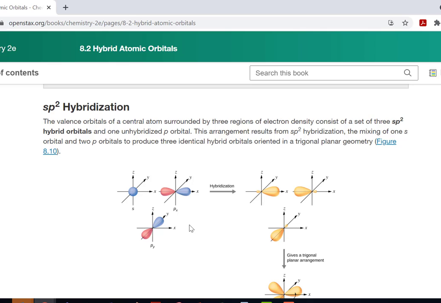And you don't have to remember exactly that it's an x and a y. That doesn't even really matter too much. It's just that you would want to know there's 1 s and 2 that are p. And when we combine these together, we end up with these hybrid orbitals. One thing to note here is that we have 3 of them. So we had 1 s and 2 p's, so we'll end up with 3 sp2 hybrid orbitals